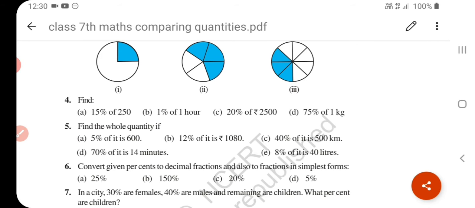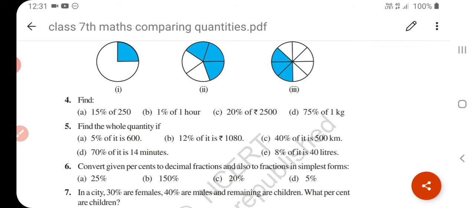Then we learn about comparison using ratio. When we compare two quantities of the same unit, there is no need to write the unit. Hence, ratios are not expressed in units. They are pure numbers. A ratio only tells us how many times. The conditions for comparison using ratio are as follows: always compare quantities of the same kind, always compare quantities with the same unit, and ratio has no unit involved in it.